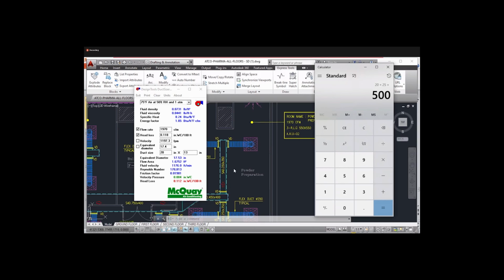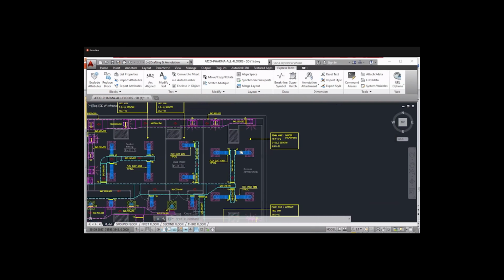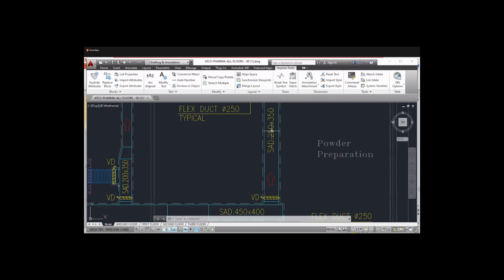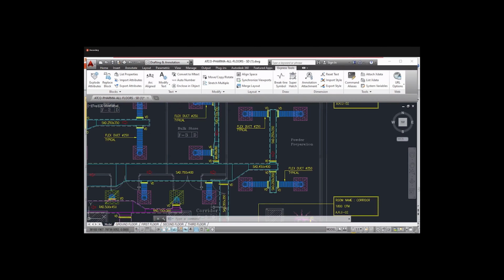Means if there are two branches, then we have to divide it into two. No? The width should be divided into two. So 500 is the total width of the duct, so we will divide it into two. Means 500 divided by 2 is 250. So we will take the width as 250, 250. Okay, 250 here and 250 here. So by adding we will get the 500 duct size.